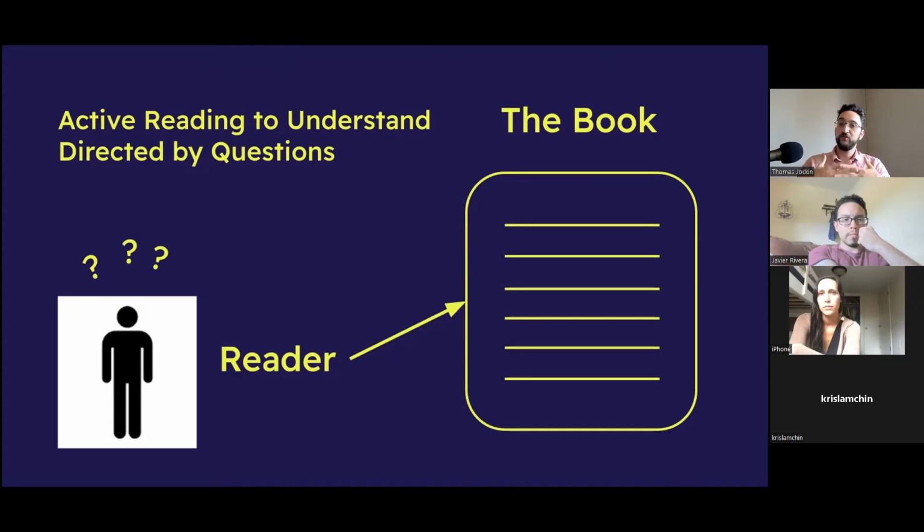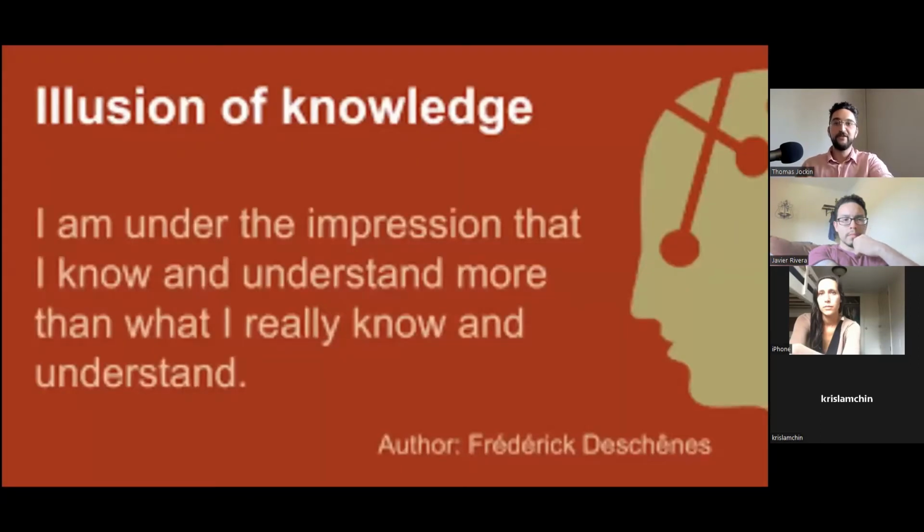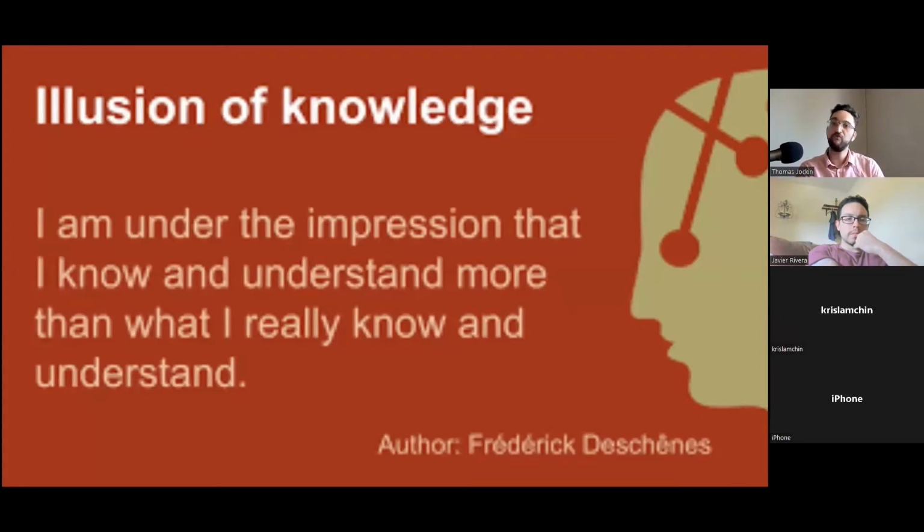This is so significant because without questions to answer, there's a large propensity for the illusion of knowledge. Just because you read a book, if there's no checking on your knowledge, either by answering questions or summarizing or retelling the book, what was important about it, what was significant to you, to someone else,